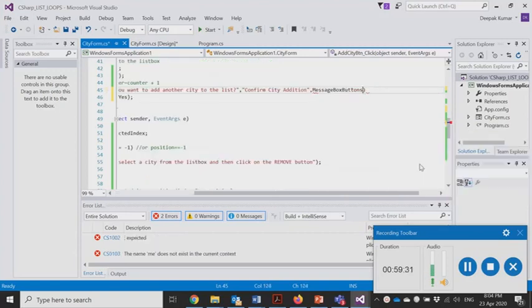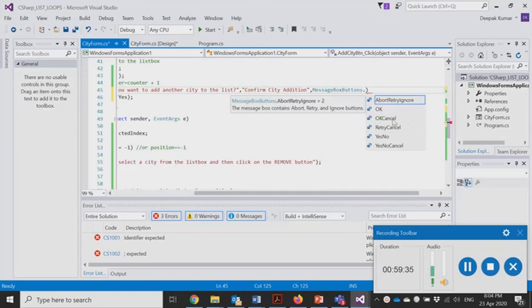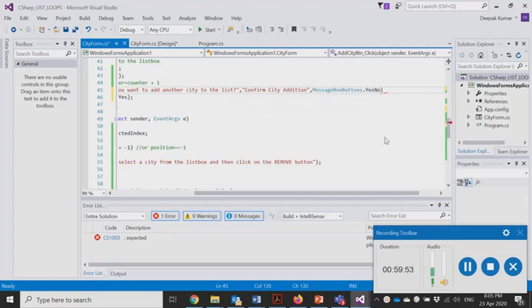MessageBox.Buttons would have different combinations. You can choose OK, OK Cancel, Retry Cancel, Yes No Cancel. Here, if we say Yes No Cancel, you can simply cancel this, but in our situation we would rather go with Yes and No. So we'll say YesNo. You'll have a message box with two buttons displayed on it, Yes and No.